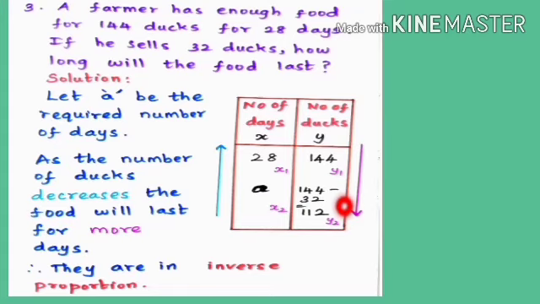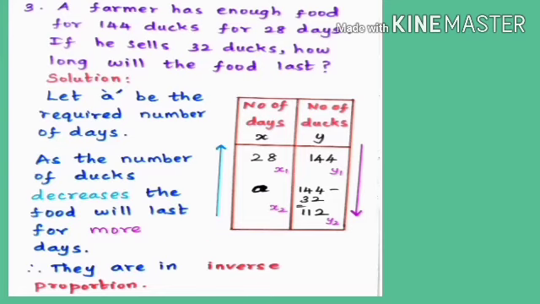Now we have to find the value of A, that is the number of days. So let us take the values of X as X1, X2 and the values of Y as Y1 and Y2. Let A be the required number of days. As the number of ducks decreases from 144 to 112, the food will last for more days. So they are in